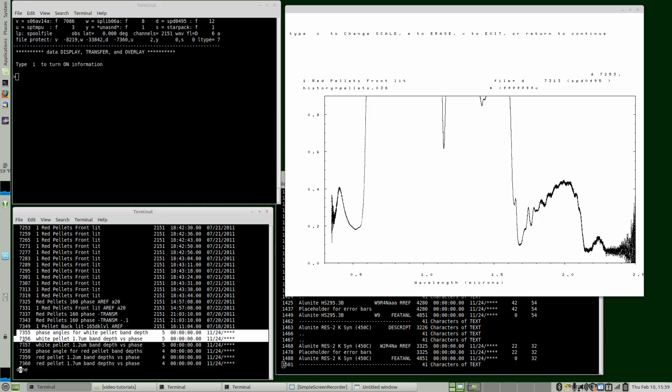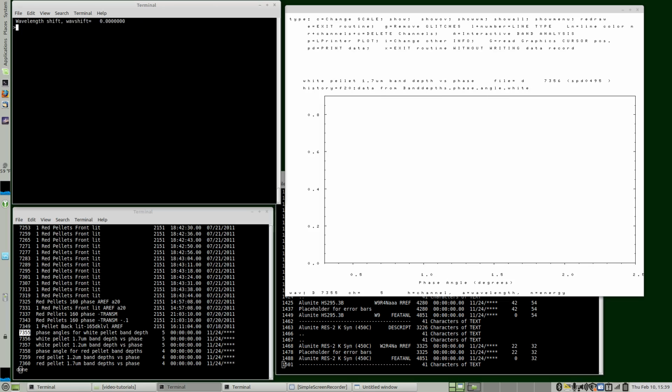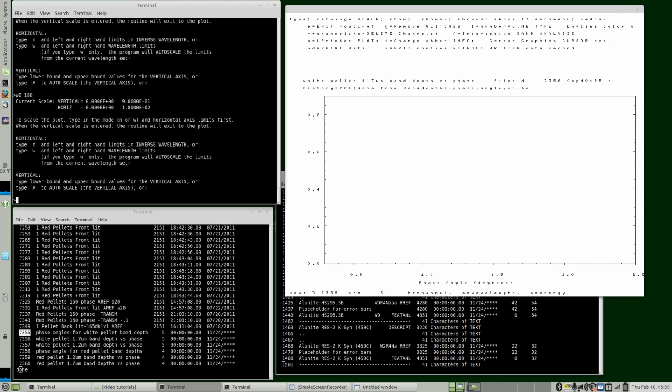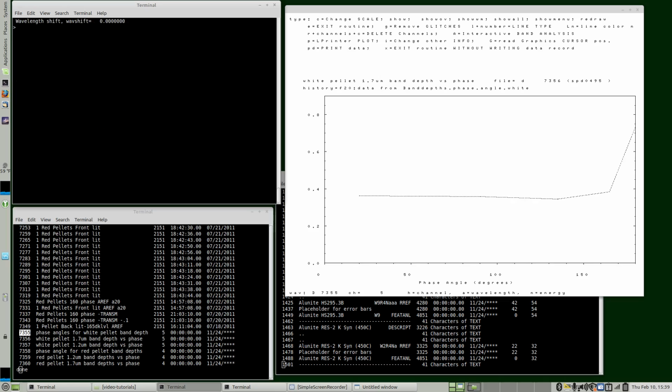So we're plotting D756. In this case, the x-axis values are D7355. And now notice the name change down here from wavelength to phase angle. I'll show you how that's done in a minute. Now phase angle goes from 0 to 180, so let's change our range 0 to 180, and there's our, let's go back to L1. So here we see our